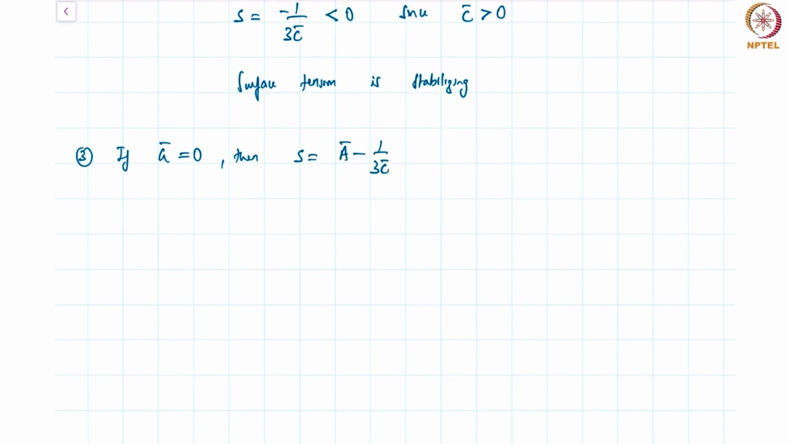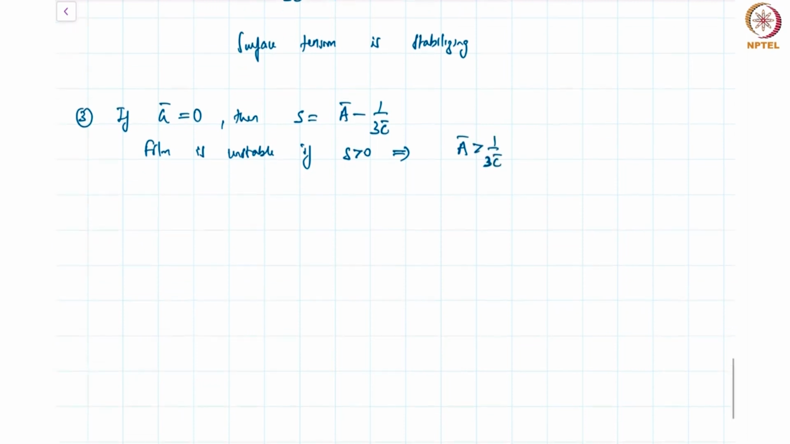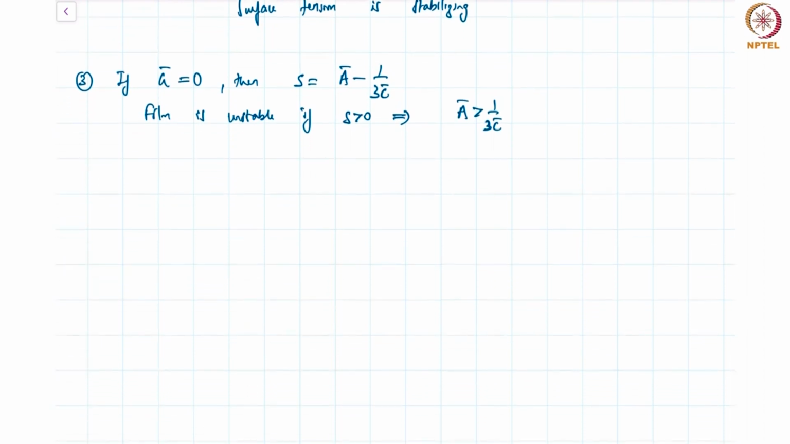So we can conclude that the film is unstable if S is greater than 0, and this would happen when A bar is greater than 1 by 3c bar. Right? So to get an understanding of what this means, we'll substitute the expressions for A bar and c bar. So this essentially translates to A epsilon by 6 pi mu u naught